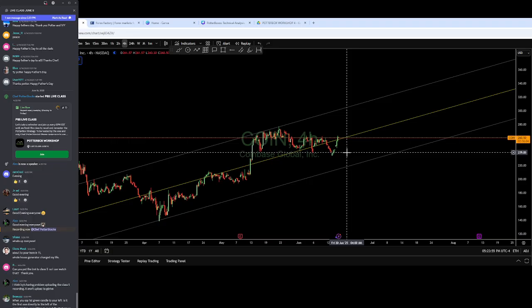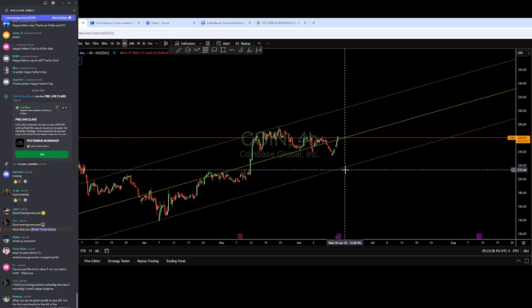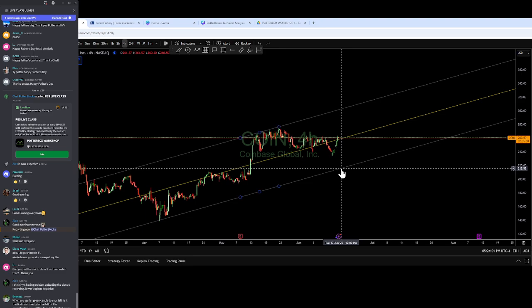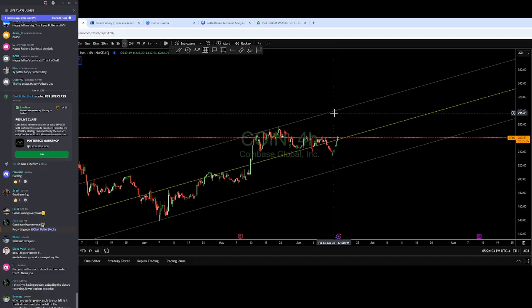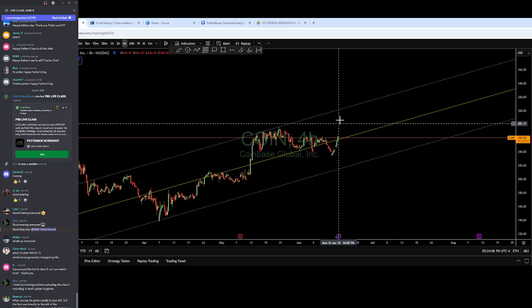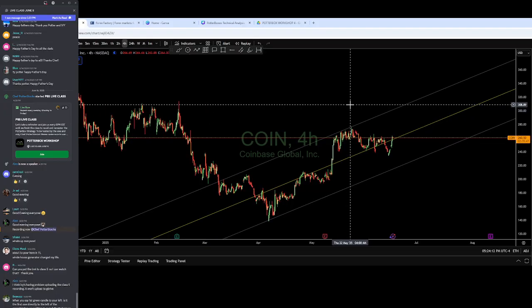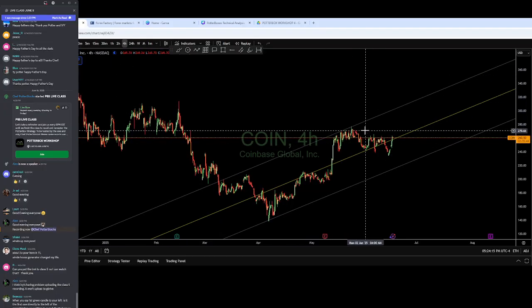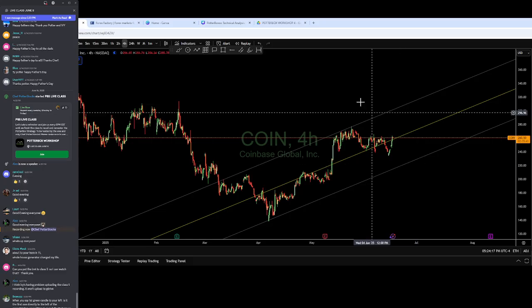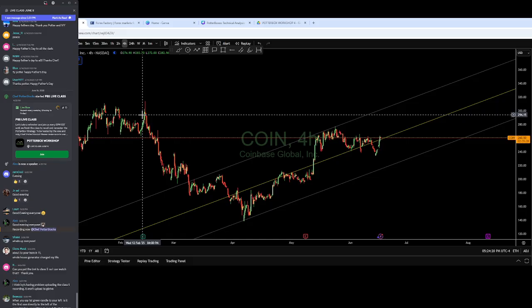Which honestly is not the worst setup in the world, because it does have quite a bit of empty space to the downside, and that would be allotted by the actual downtrend itself. So you're still floating in there. I would say that this channel, whether you go up or down, is going to remain in play for quite some time, unless that downtrend is something that we fall back into. But nonetheless, doing this is just establishing control, which is a useful thing because I am not in a major 24-hour uptrend. There are opportunities to go short, but they are short-lived and they are tough to hold through.